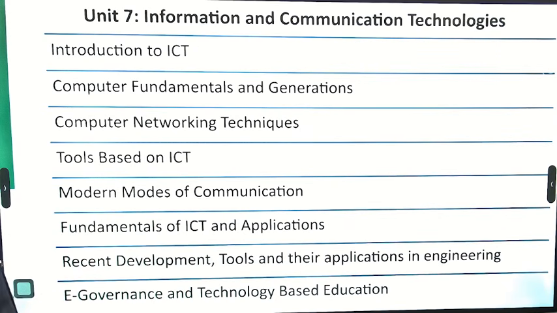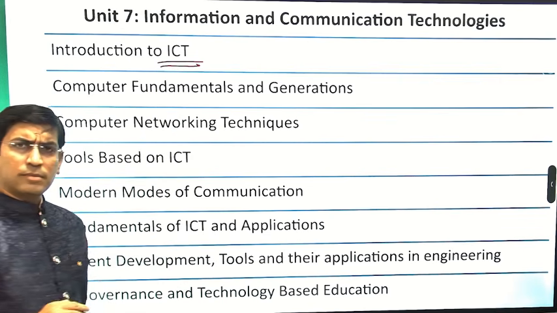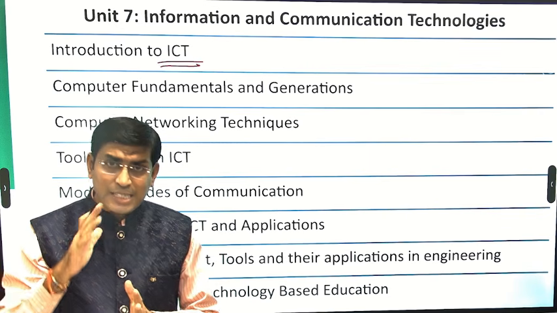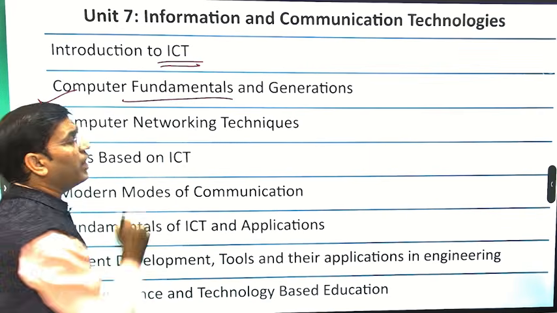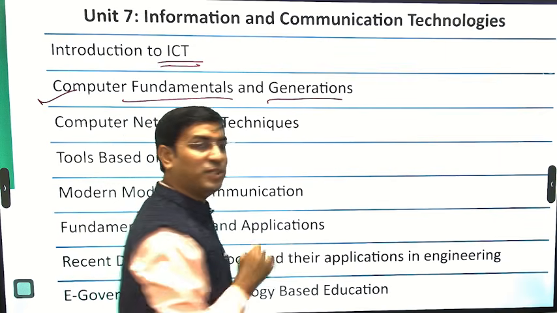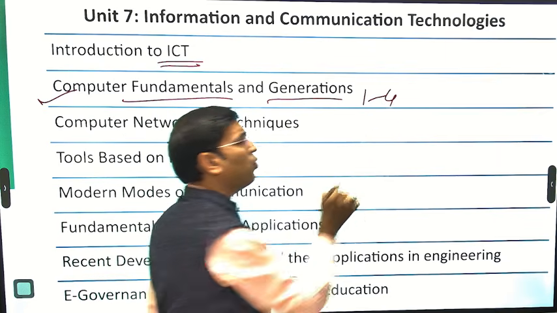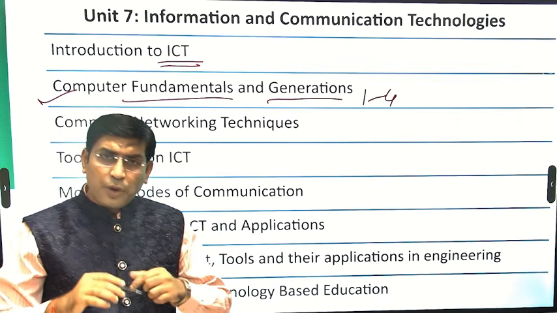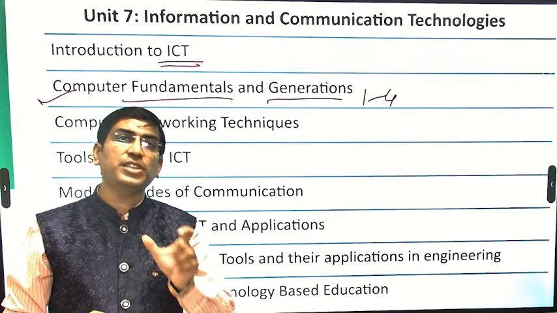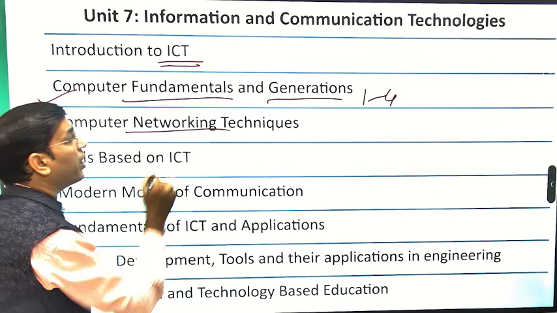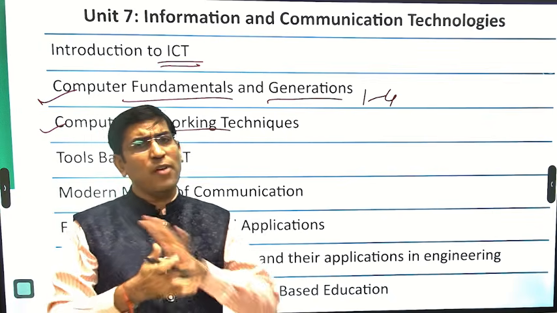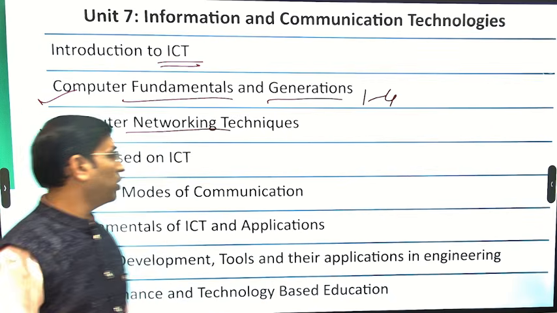Now the seventh topic. Seventh topic generally talks about ICT. The information, the web structure, the networking phase of the ICT. So computer fundamentals and the different types of generations, 1 to 4, all generations. What could be the updates in each generation and associated features. Fine. Followed by that computer networking techniques, LAN, MAN, WAN, all the types of techniques present over there.